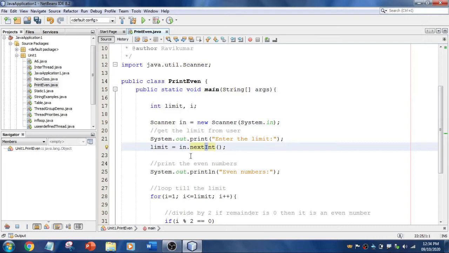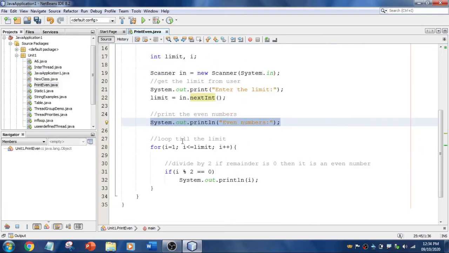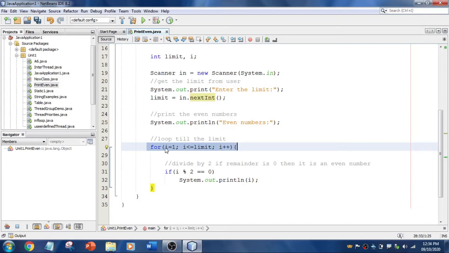Now the input is accepted, and I'm printing even numbers with a print statement. Here comes the for loop where I start from i equal to 1, while i is less than or equal to limit. Let's say if my limit is 10, it is going to loop 10 times.